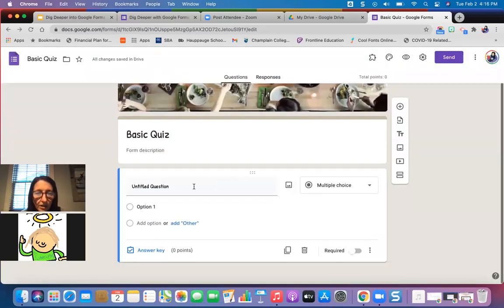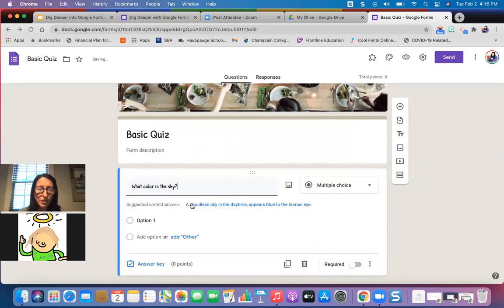Okay, so let's start with the different question types. We're just going to do a very basic multiple choice, and then we'll do some short answer. Okay. What color is the sky? Now, it uses artificial intelligence to read what I'm writing and then make suggestions. So right now it's giving me a definition. Okay, but we don't want that. We're just going to go with a color. I could upload an image to the question